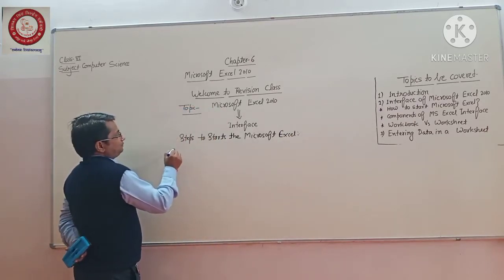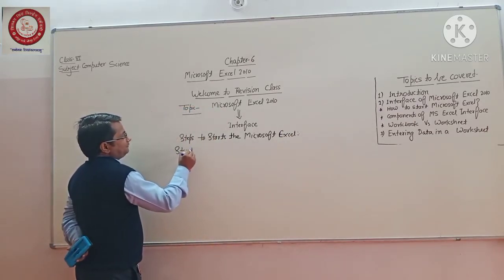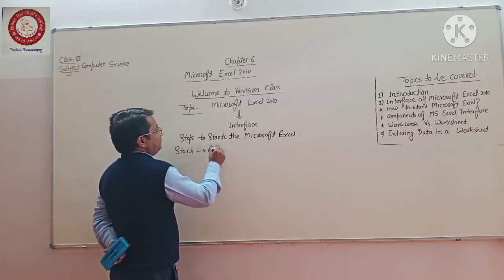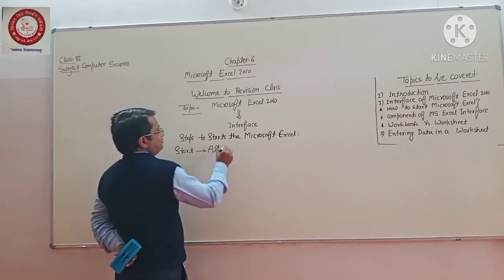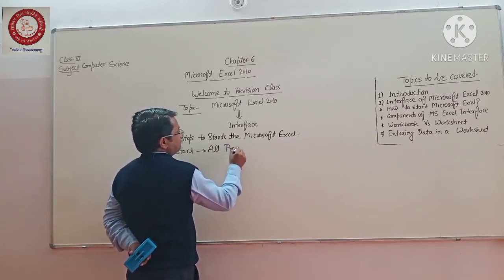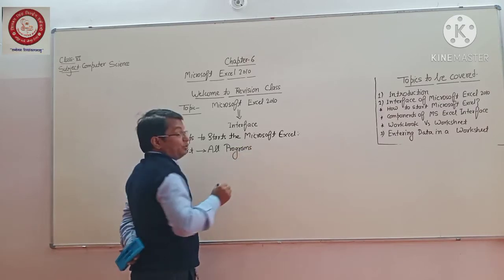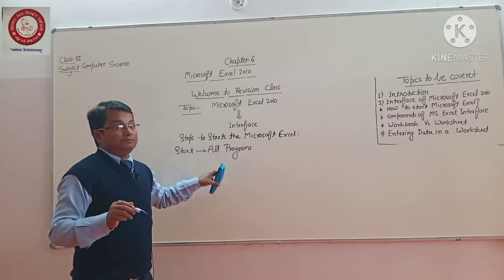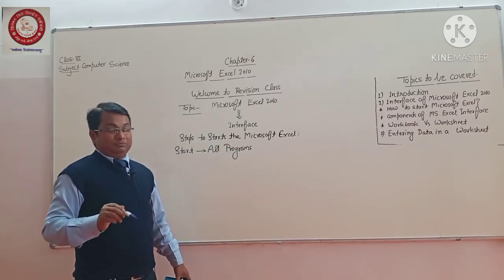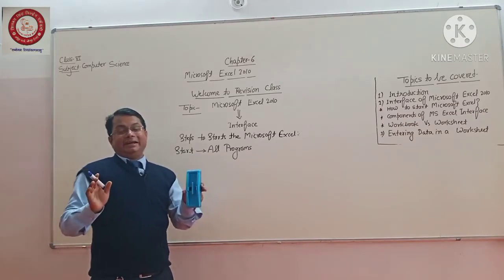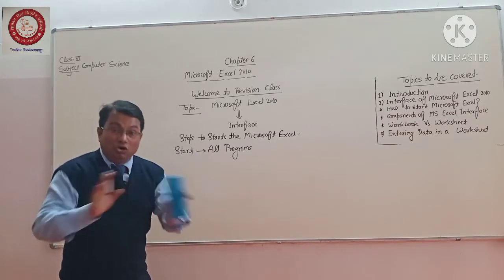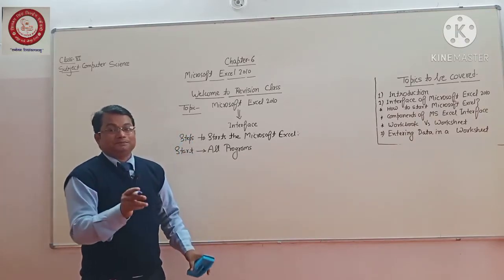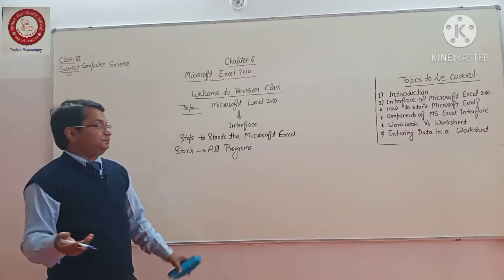So, step number 1, you need to click on the Start button. Once you click on Start button, one pop-up menu will appear. That pop-up menu has one option, and the name of that option is All Programs. Many students, whenever I am giving the theory paper, write "all program". That's absolutely wrong, because when you open your screen, "all program" is not written there. Only "all programs". You need to put the S.